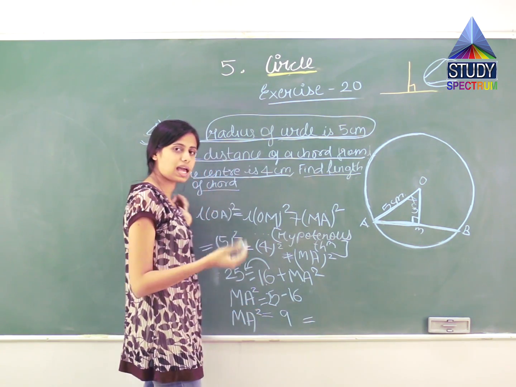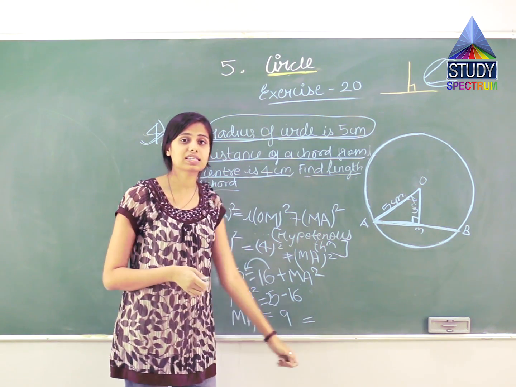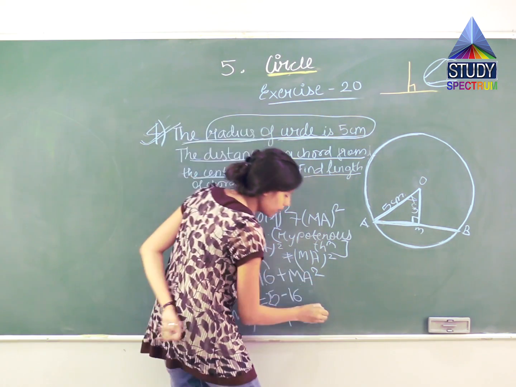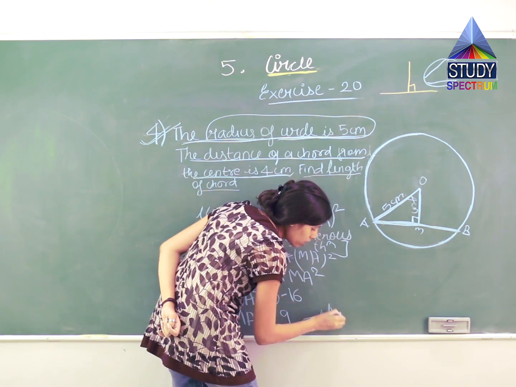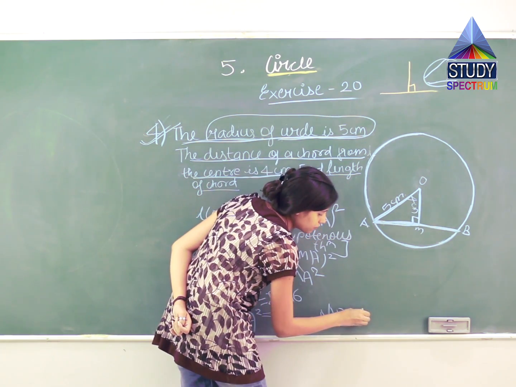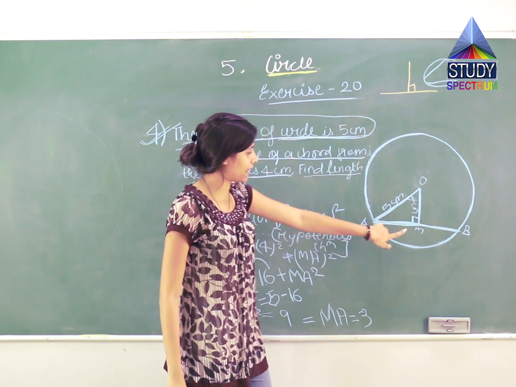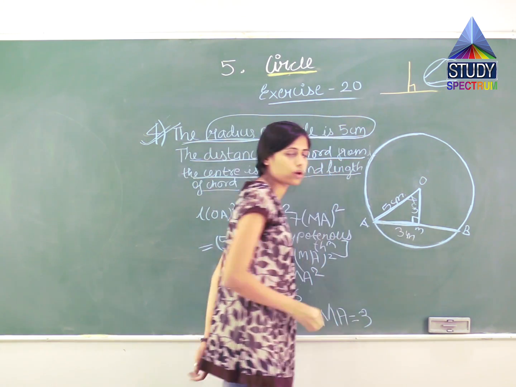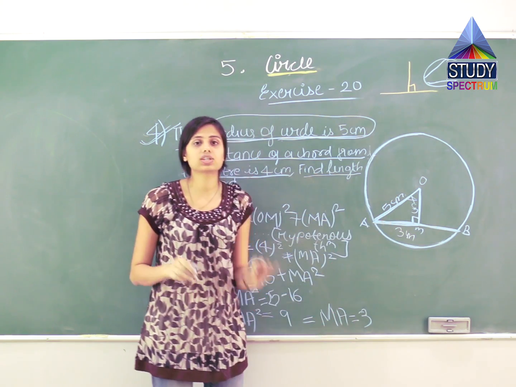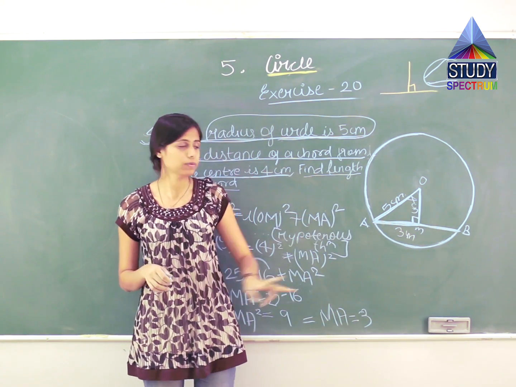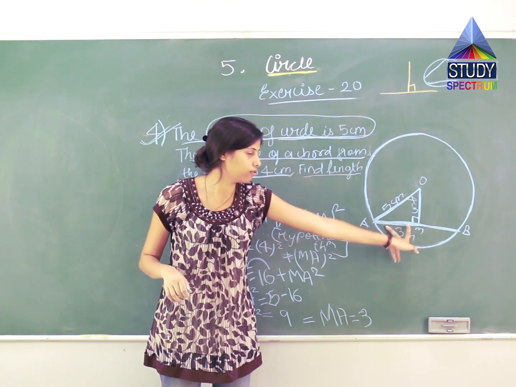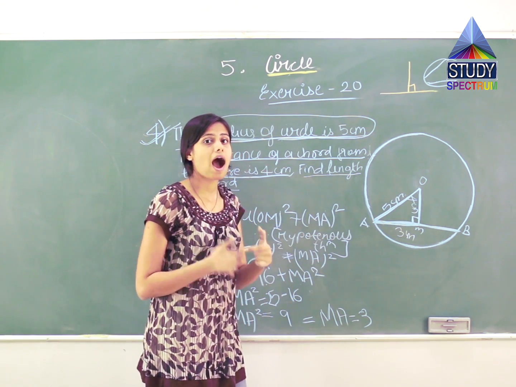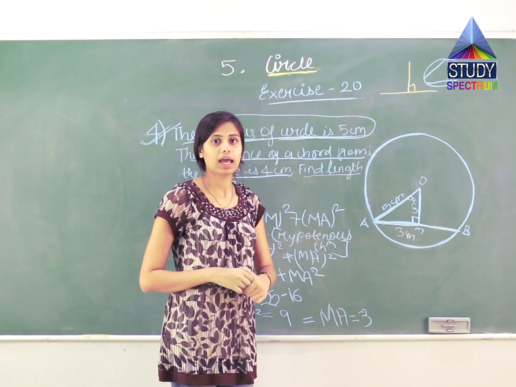So tell me what is MA? Square root of 9. 3 3s are what? 9. So 9 का square root क्या है? 3. So MA will be equal to what? MA is equal to 3. Now I got the length of this MA, which is equal to 3 centimeter. So what we have done, we have just used the hypotenuse theorem to get the value of half chord, which is AM. Okay. Now see how, using this information, how can we find the length of AB?